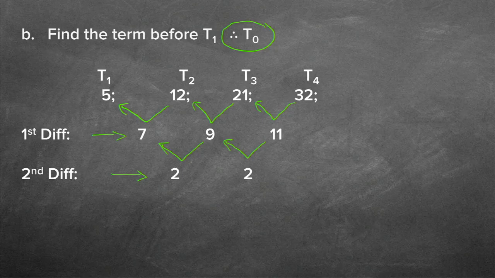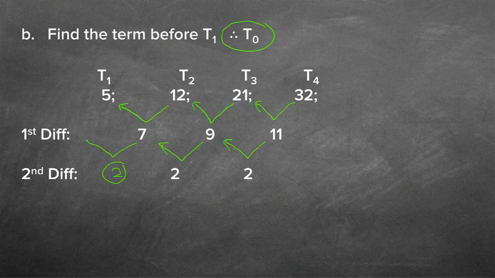Now they're asking you to work backwards. You remember the previous one, they asked you to find the next two terms. Now they ask you to find the previous term. So I'm going to do exactly the same as I did previously. I'm going to carry on here. Maybe I should just take out my arrow so I have space here. You know now which one is which. You're going to do exactly the same, and you know the common difference is 2 at the bottom. All the second differences are the same.